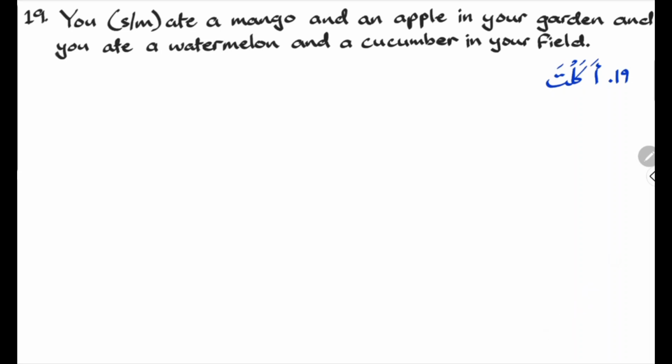Mango in Arabic is ambaj or manju. Let's take ambaj. Akalta, ambaja. Over here, it says a mango, so that means it's indefinite. So you don't have to add an alif lam. You don't have to say al ambaj. And also notice that the jim, the last letter, is getting a fatha because it's maf'ul. And then add akalta ambaja wa tuffahan, and an apple